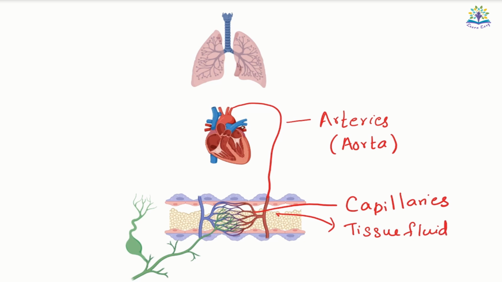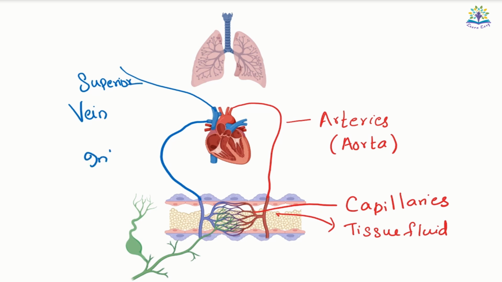with the tissues. Capillaries join together to form venules, which further join to form veins. Large veins called superior vena cava or anterior vena cava collect blood from the upper part of the body, and inferior vena cava or posterior vena cava collects from the lower part of the body and joins the heart in